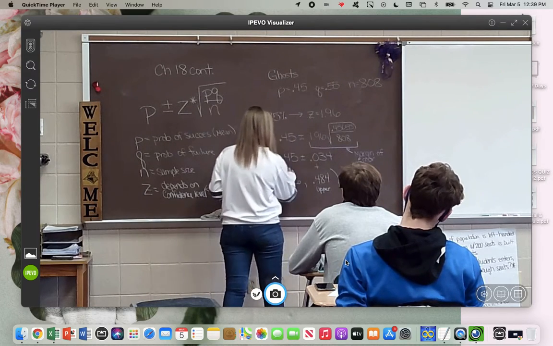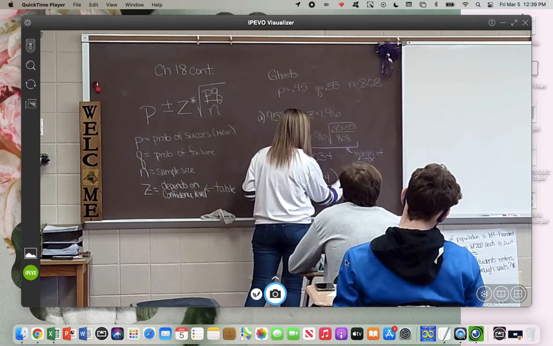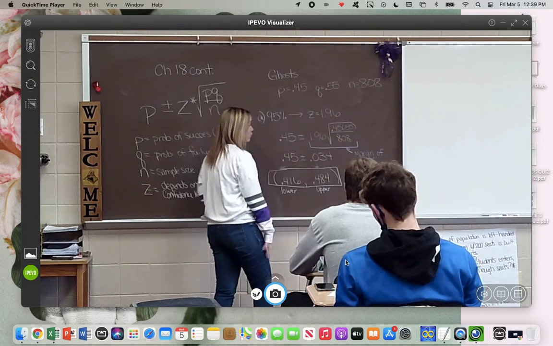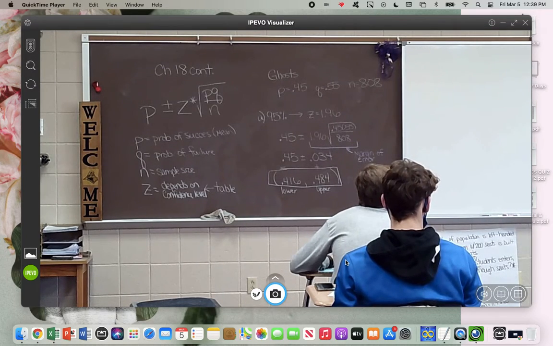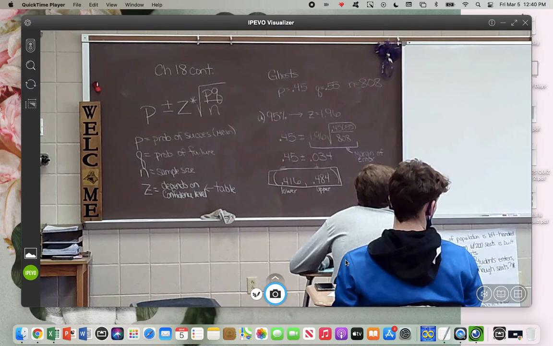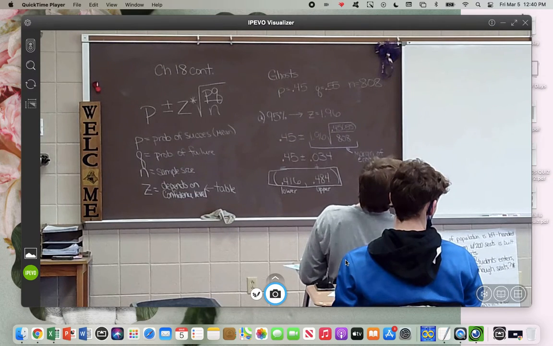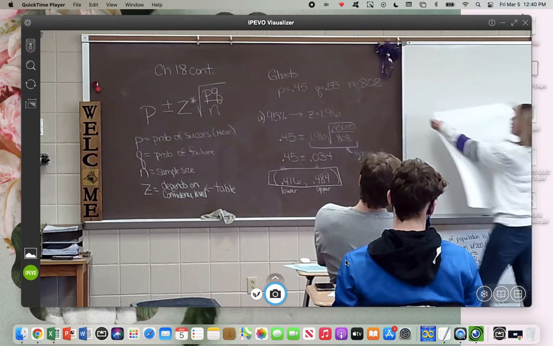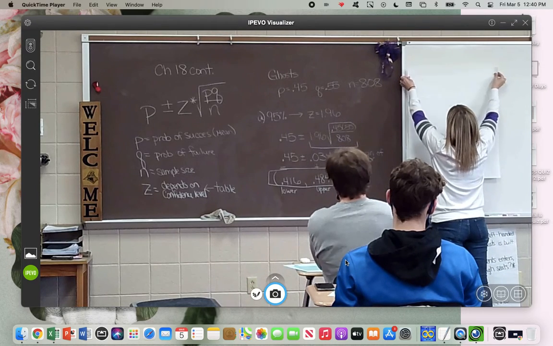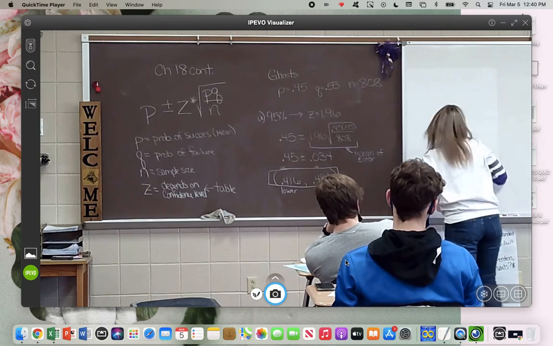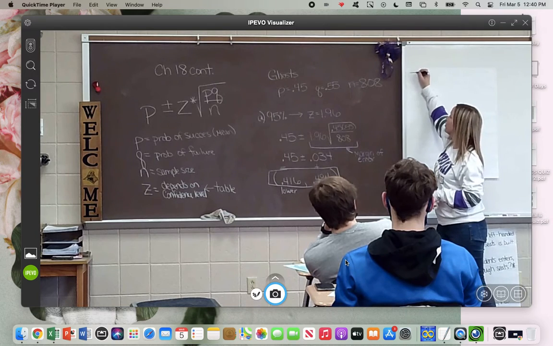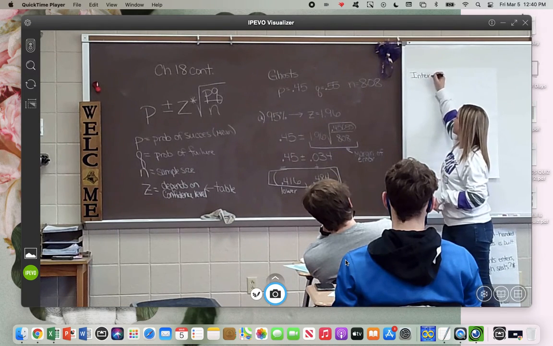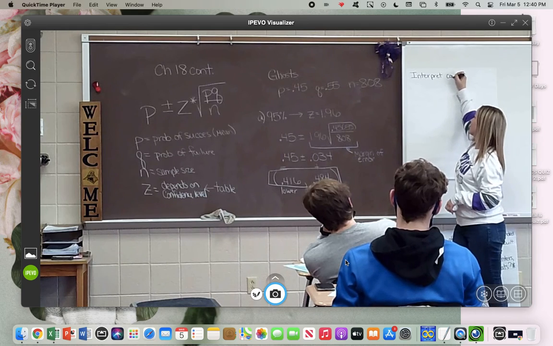Now, today's assignment, you are just told to calculate it. You also will be told to interpret it. And this is where this is going to be super helpful for the AP test. If you are interpreting a confidence interval, you're telling me what those numbers mean pertaining to the subject. I know it really doesn't take a lot. You're just essentially repeating everything that you were doing here. But this is what we would write for this. So if I told you to interpret the confidence interval,